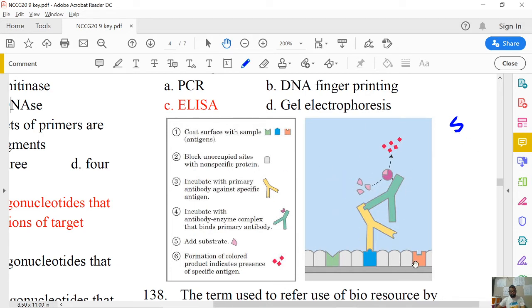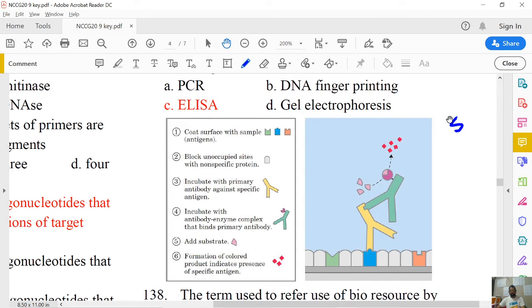So these are immobilized antigens. You can find this is one antigen, the blue one is another, the orange color is another. So we have three different antigens on the surface. I wanted to detect this particular antigen. So I'm just blocking the remaining sites where the antigens are absent. I'm blocking this by using some particular protein. This is the blocked region.